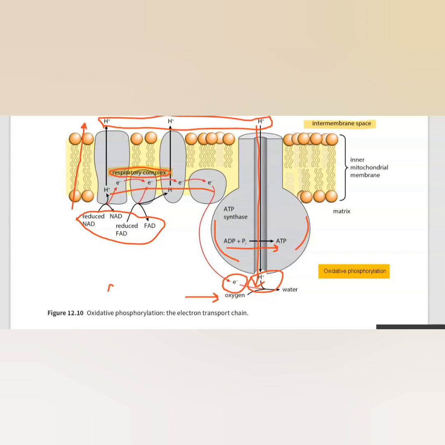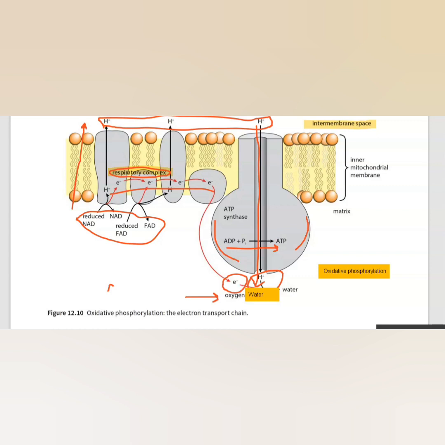Oxidative phosphorylation, OP, I can abbreviate it. So how does it help in rapid ATP production? Oxygen combines with these protons and electrons to form water. Water is being produced here,